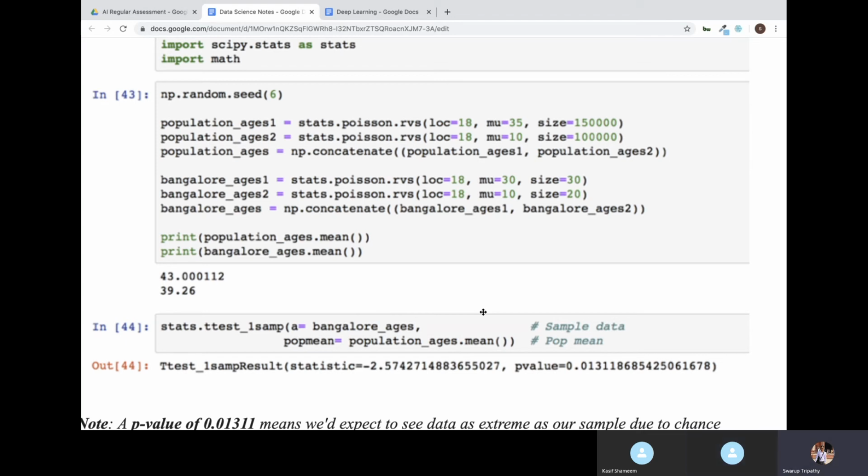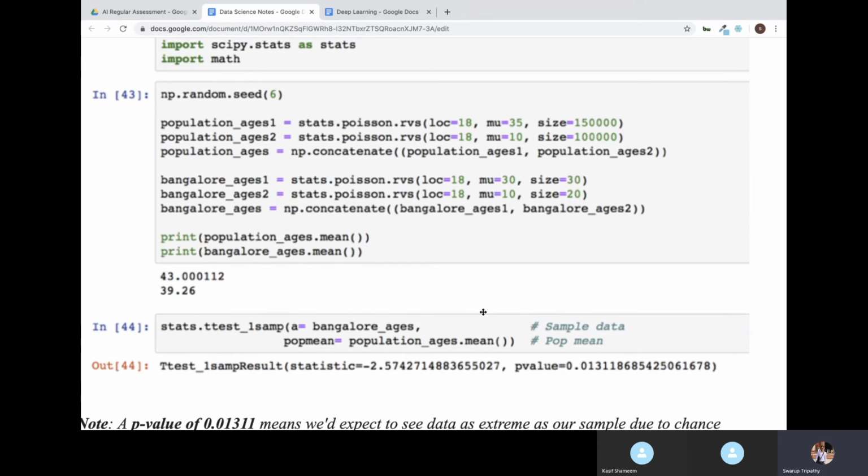So we will say that there is some kind of difference we see. The null hypothesis says that there is no difference, both are the same, no significant difference between the data, but here we can say there is some significant difference between the data. So we will reject the null hypothesis, saying there is some difference. Knowingly also we have created that difference by taking a different average. Once you run this, afterwards you can also try by giving the same kind of average.